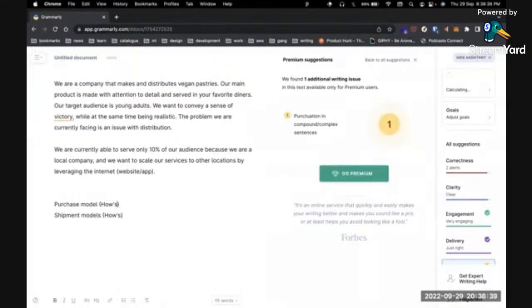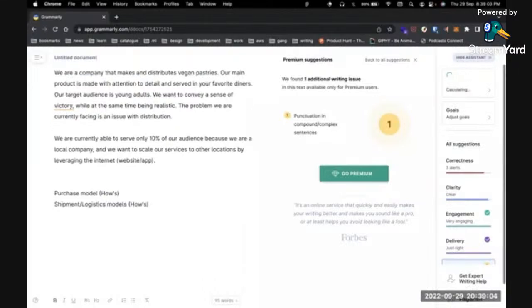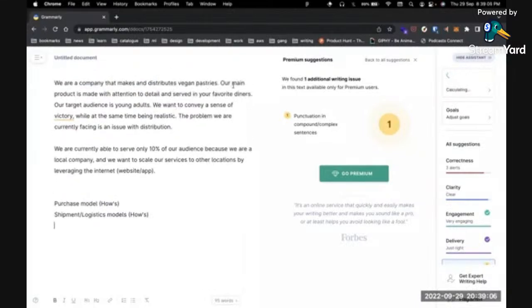So when somebody makes a purchase, how many minutes or hours would it take to deliver these items? The shipments or the logistics, how do you currently work on the logistics side of things? So logistics, right? So you see that a lot of other things are coming into consideration. Then finally, you've understood